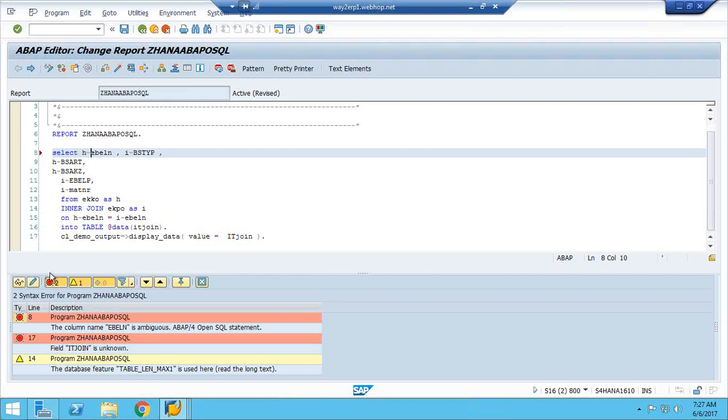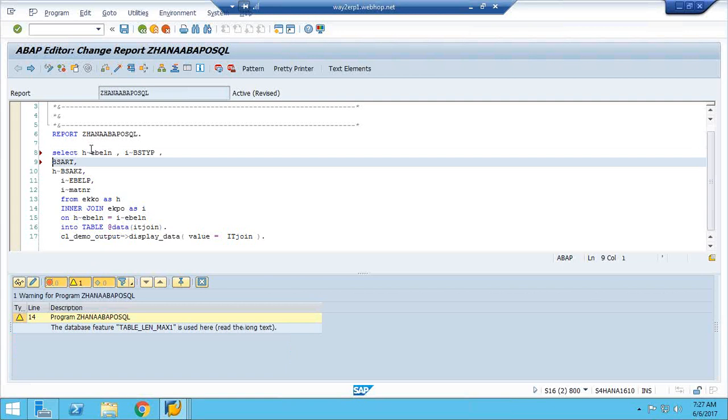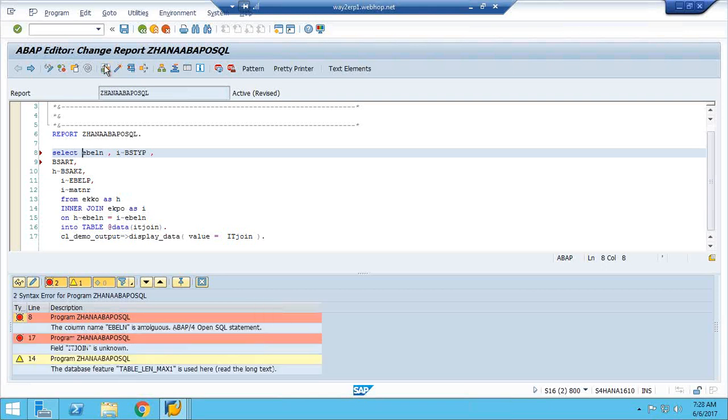The system is intelligent: BSA is available only in the header, so it won't give an error. Here the statement says ambiguous; it doesn't know from which table it has to pick up, and that is the confusion.